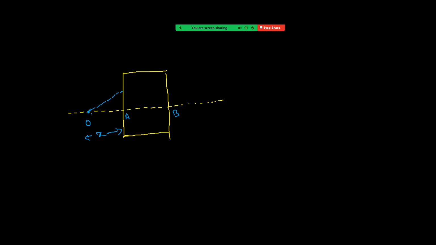The light ray is now incident on the slab. If you imagine a normal at the point of incidence, this will bend towards the normal. The reason is that it is entering a denser medium. That means it is slightly bending towards the normal